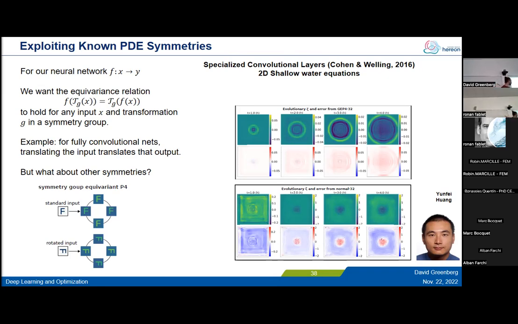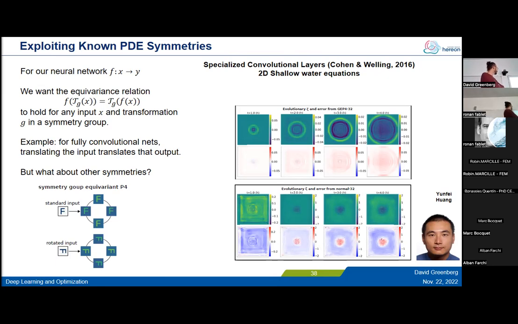It's not like you have one output channel, you now have multiple corresponding to the multiple transformations in your symmetry group, and such that when you rotate the input, you're rotating all these, but you're also permuting them. And then at the end of your network, you do a reduction over the symmetry group elements. So the output is actually equivariant the way you want. So we've been trying this out a little bit in the 2D shallow water equations. It's very preliminary, but we're seeing a fairly big improvement in the quality of